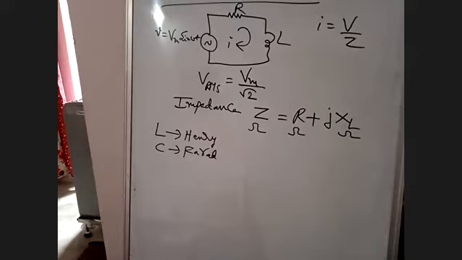So we have to calculate the total impedance. I is equal to V by Z in AC, not V by R. Z is the total impedance, the total resistance of the entire circuit: Z is equal to R plus jXL. We have to calculate the total impedance of the circuit, then I is equal to V by Z. Please remember, in DC it is I is equal to V by R because there is no inductance and capacitance, but in AC there is inductance and capacitance also.